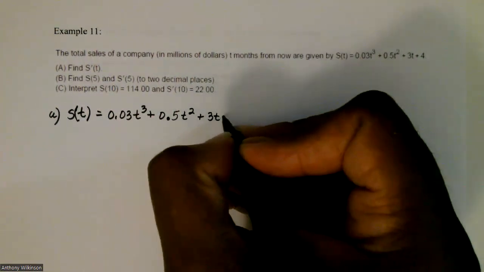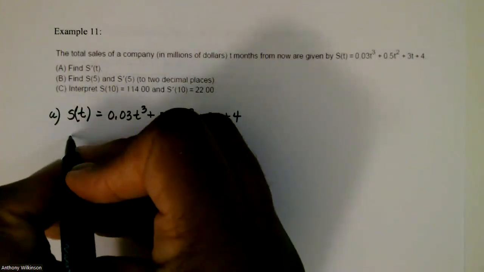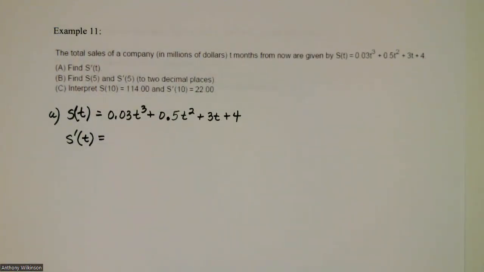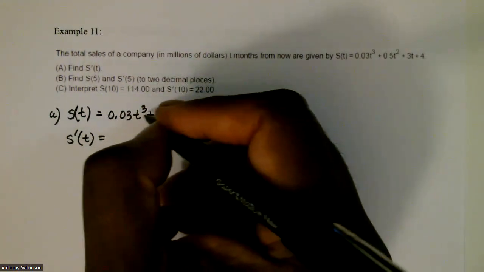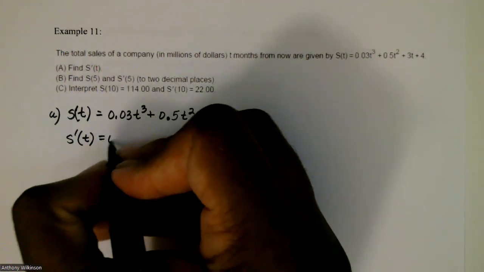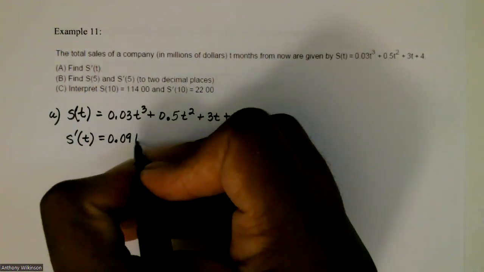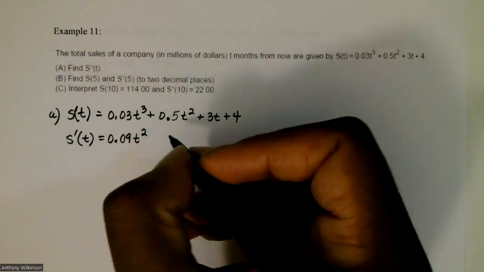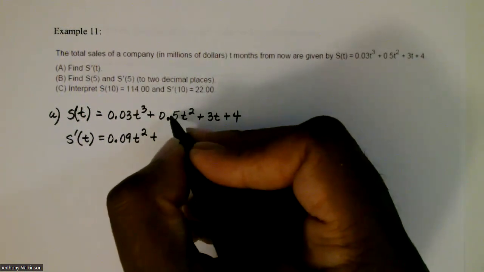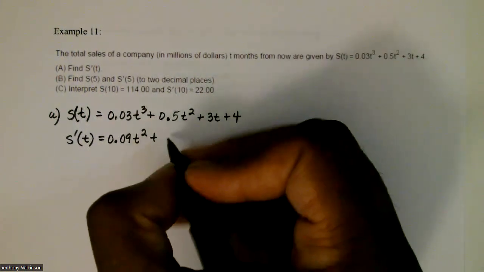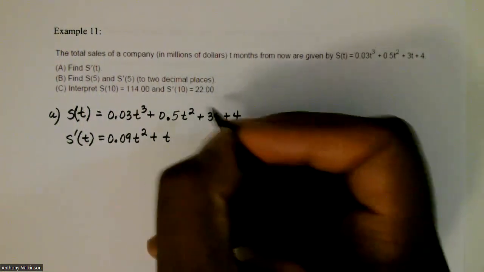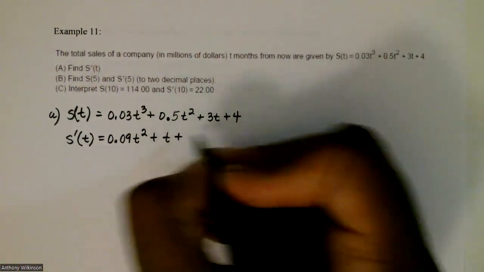Plus 3T plus 4. Now we can find the derivative of that by doing this. For this term, multiply that 3 times the 0.03, you'll get 0.09. Copy the T over to the 1 less power. It'll be T squared. Plus, this one, we bring the 2 down, multiply 2 times 0.5, that would be a 1. So it'll be 1T or just T to the first power, because that's to the 1 less power, plus